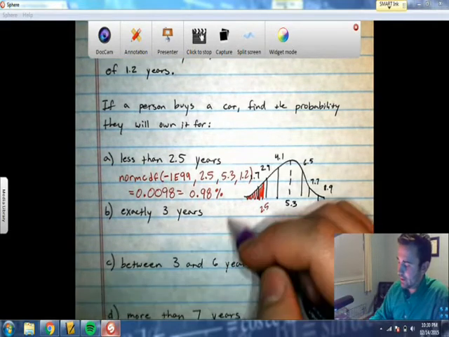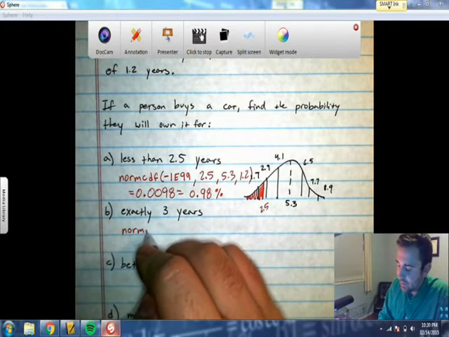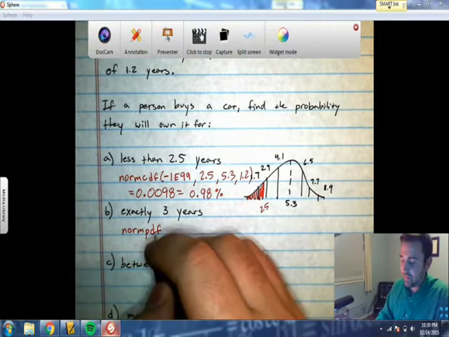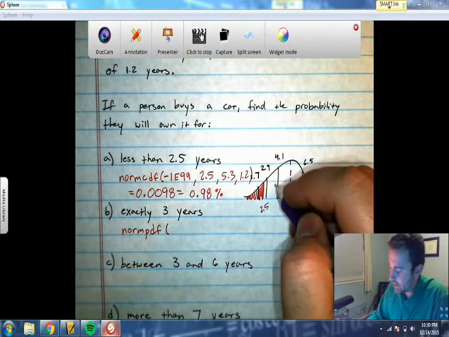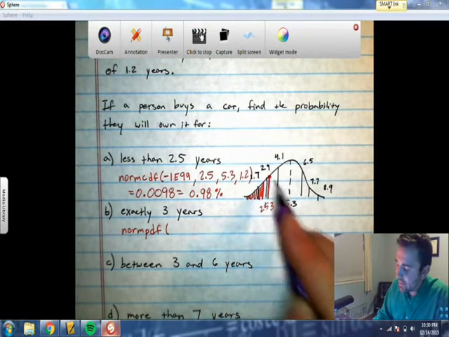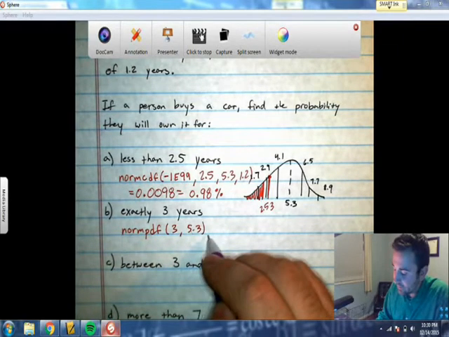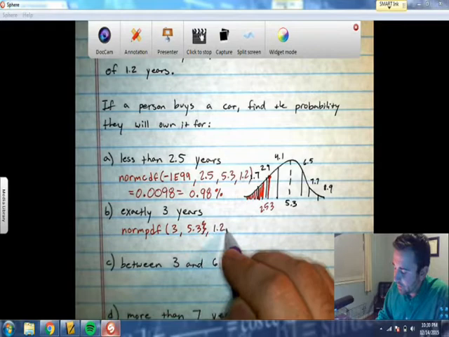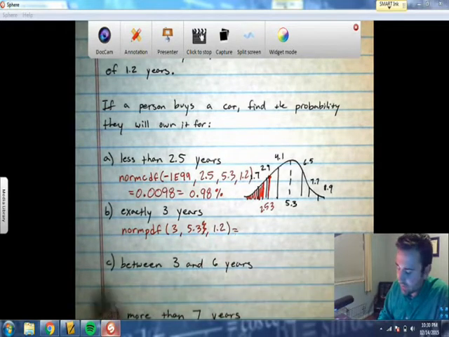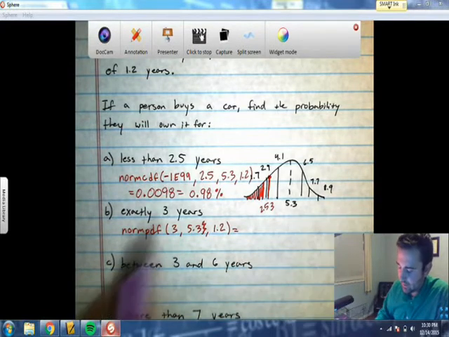And so how we would do this is exactly refers to the density function, or that PDF. And so the score here, exactly 3. So when x is 3, we want to find that y value on the curve. So 3 with a mean of 5.3 and a standard deviation of 1.2. Again, to do the PDF, we go to second vars, go to the PDF. For x value, the 3, and then the 5.3, and then the 1.2. And we get